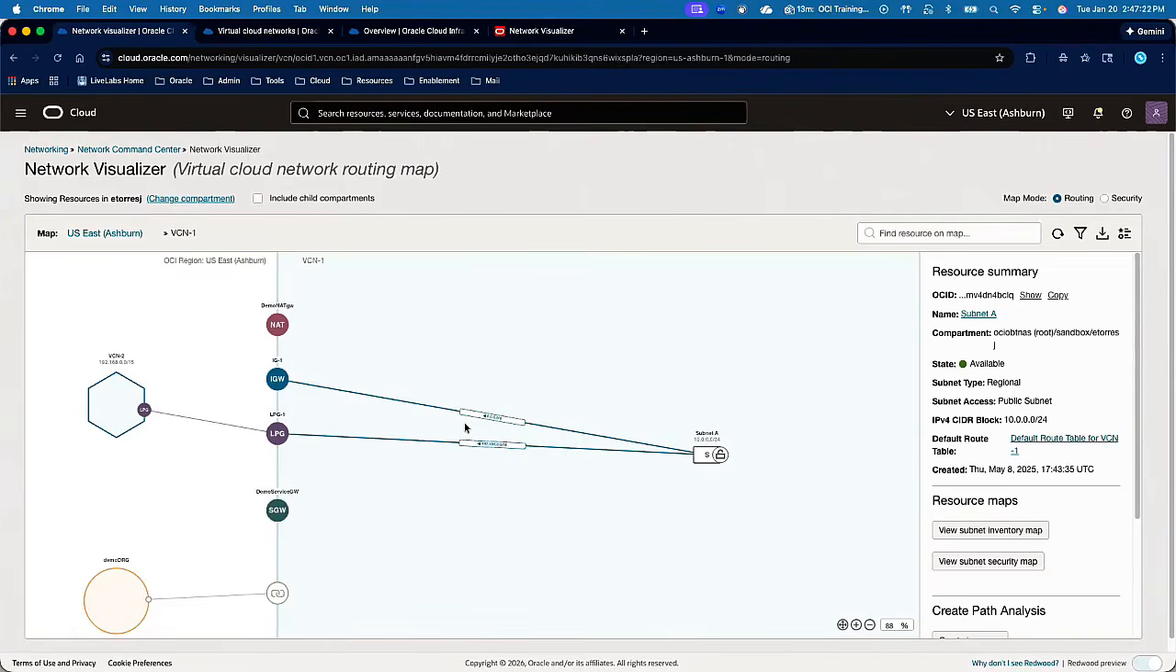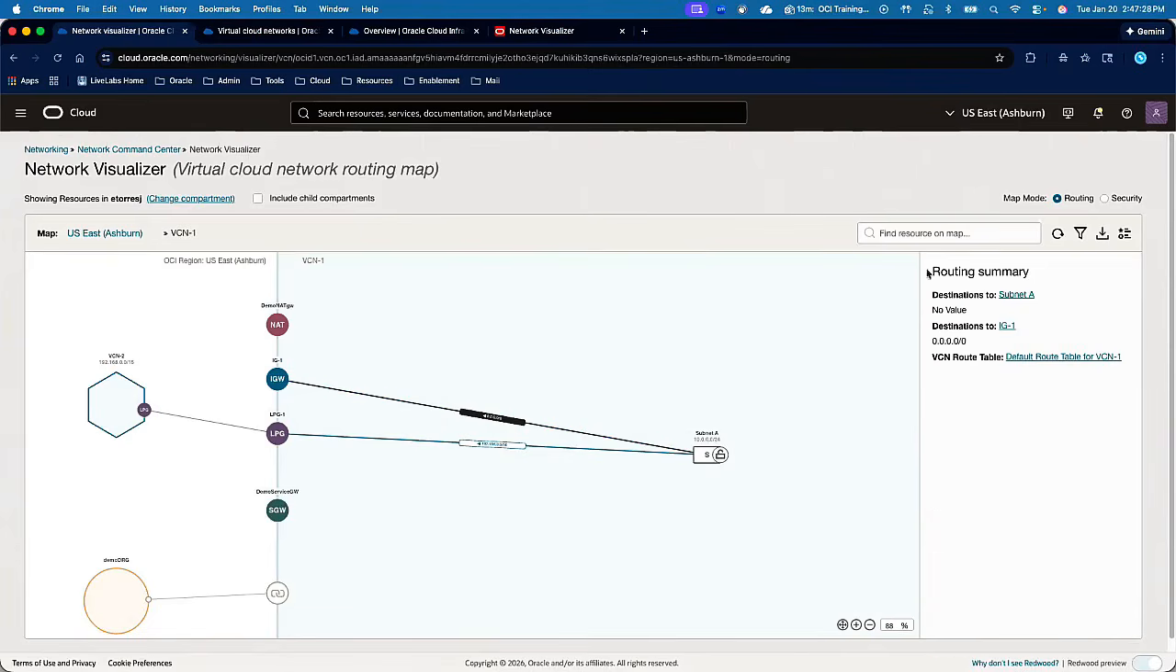So basically, the first route target is this local peering gateway. So if I click on that, you see the routing summary. The destination is subnet A. Destination 2 is the internet gateway. IG1 is what this internet gateway is called. IG1 you can see here, and has a destination of quad zeros, basically indicating it's open to the internet, and that's what we're using the internet gateway for, correct? And then the second one is